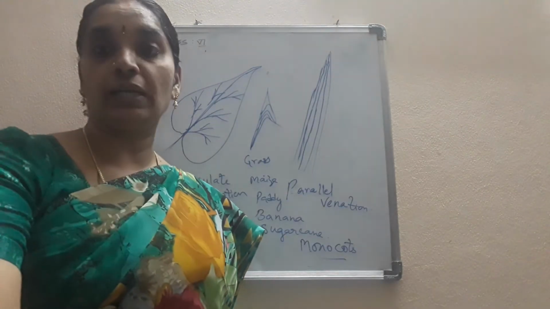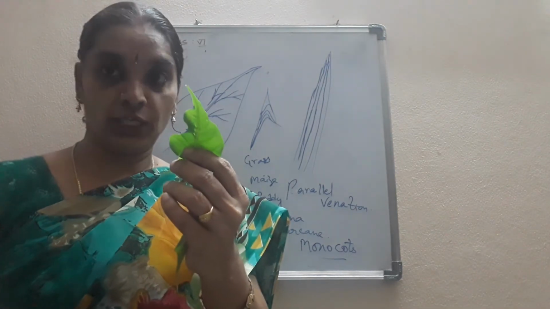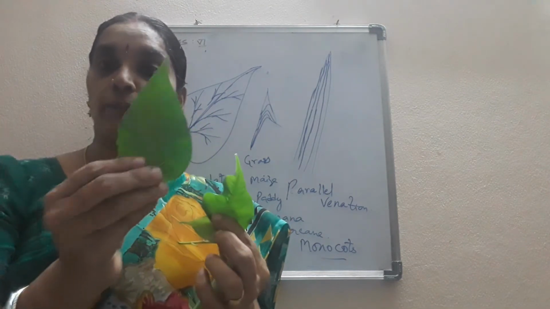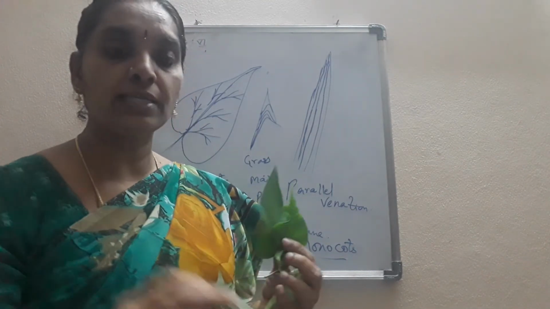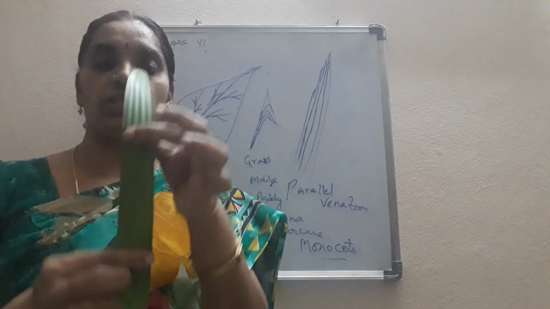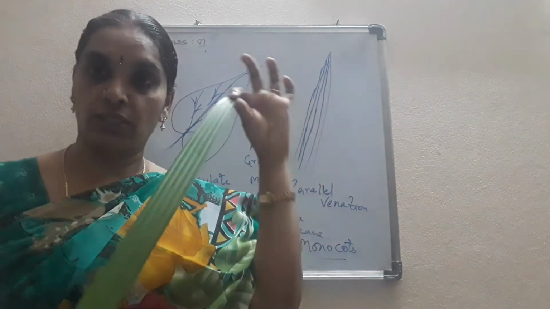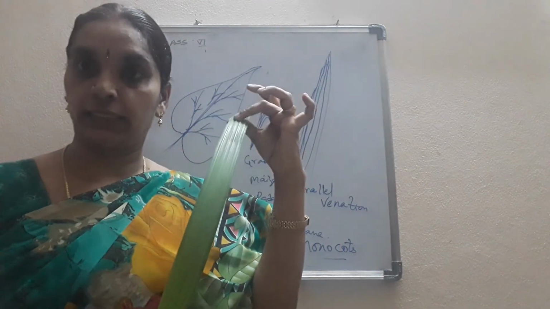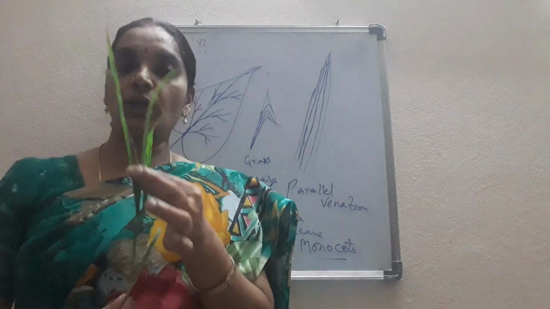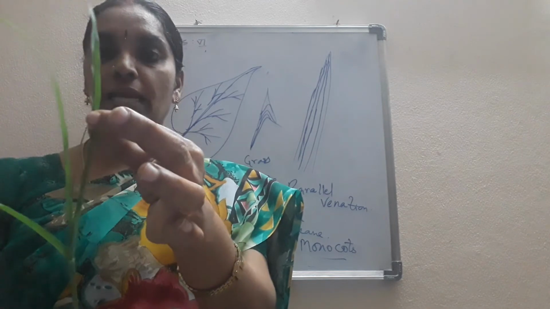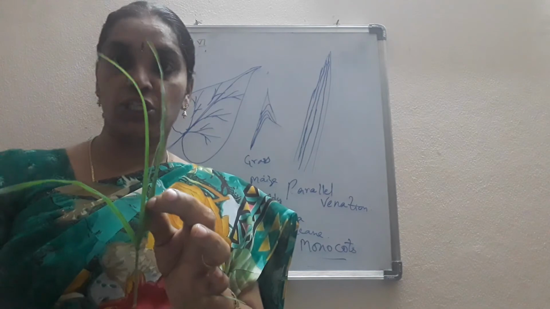I have shown you the different leaves of the different plants. This is peepal leaf with reticulate venation. This is Parijatam, night flowering jasmine, with reticulate venation. Network-like arrangement is shown, so it is reticulate venation. It is the leaf of tadi, so it contains parallel venation. The veins are parallel to one another, so it is parallel venation. This is grass. Observe carefully, they are parallel to one another. They show parallel venation in grass.